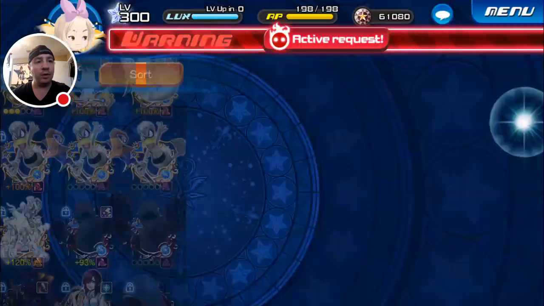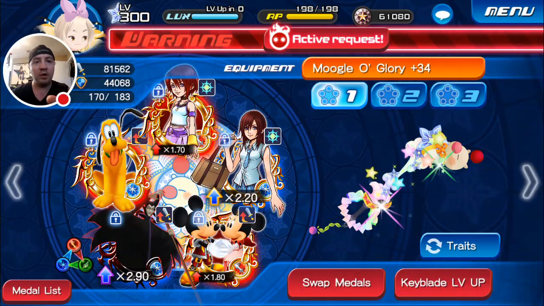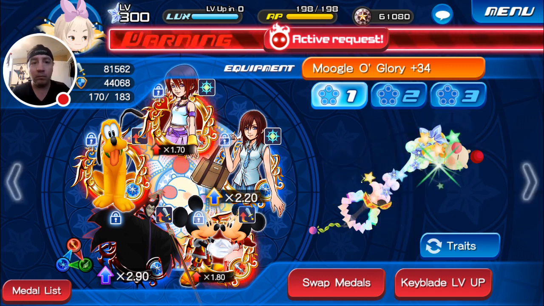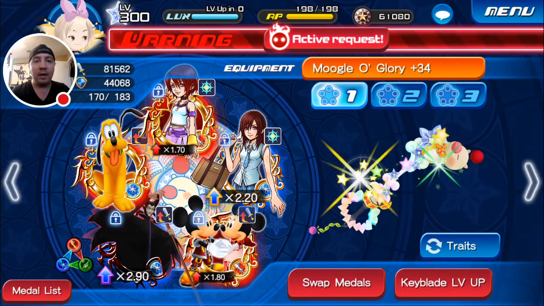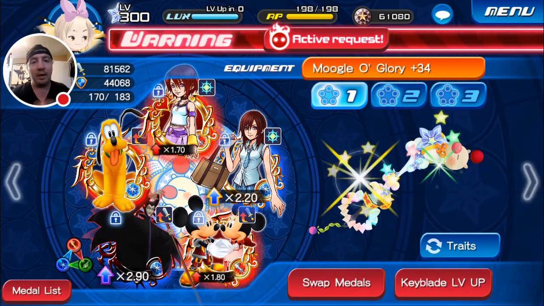So when you guys are going in here with this setup, your Move of Glory should be your main damage dealer. Again, Maleficent B was my main damage dealer against these guys, and that worked out really, really well. Again, I beat them also without using the double cast on Kairi. So I went into both those missions with only a ×3